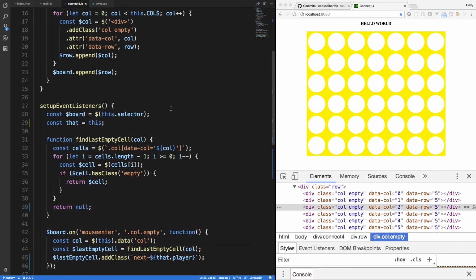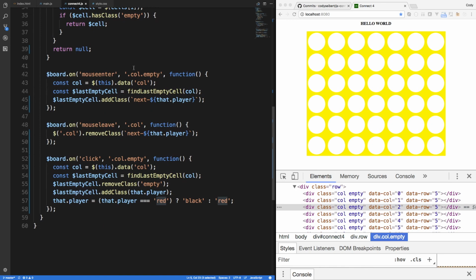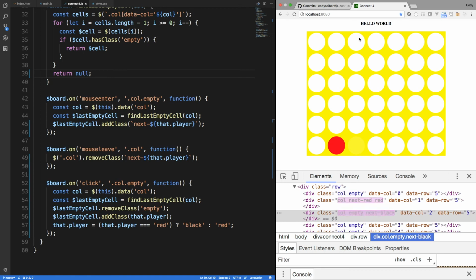So again, recap: we added a player attribute to the class, which is going to be either the string red or the string black. And then as we enter or leave or click on these different columns, we're going to be using that to remove classes and add classes. So the first thing is if we're player red,